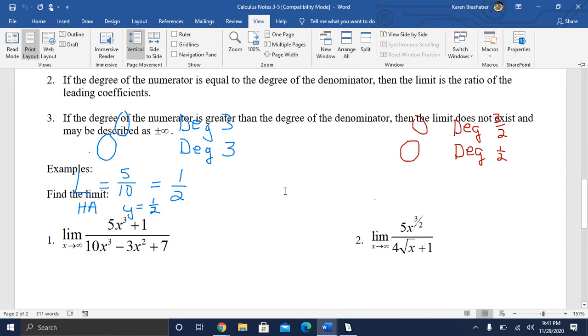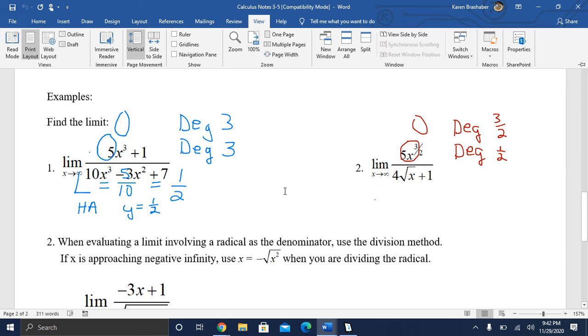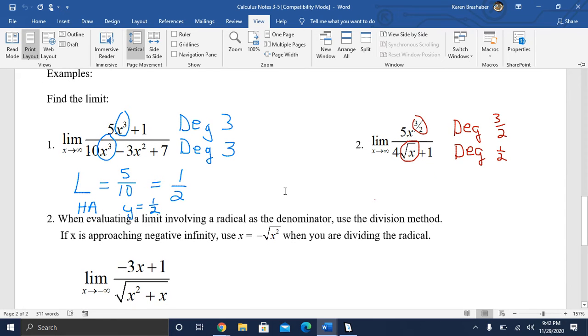So that would be guideline number 3. And so the limit does not exist. So let's take a look at this idea. The limit does not exist, but we can describe it using positive or negative infinity. So remember that when you do a square root, you get plus or minus, but we're approaching positive infinity. So this would be